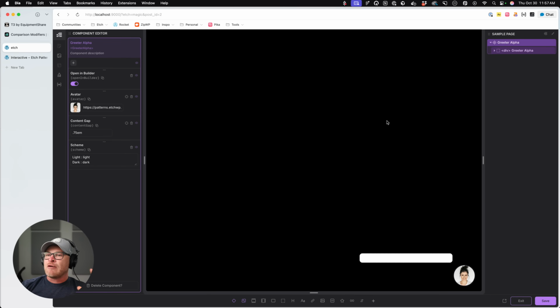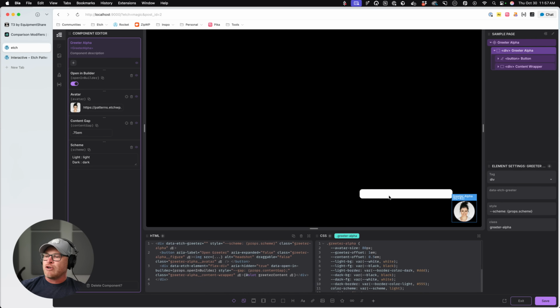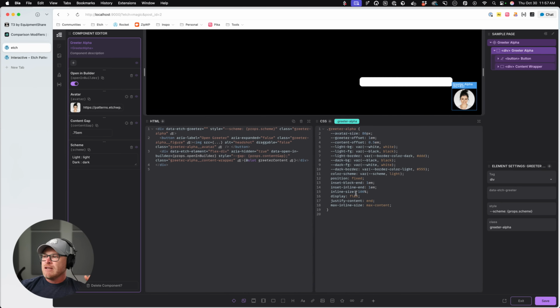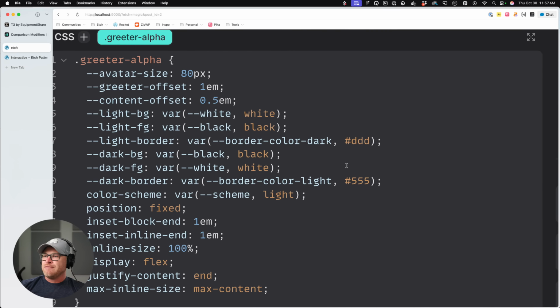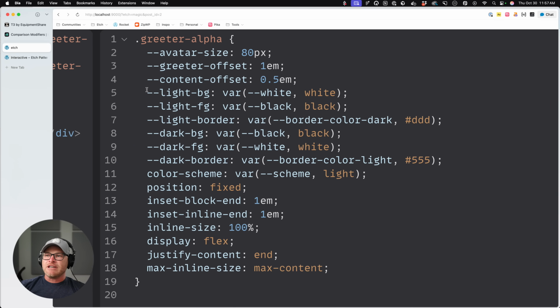But now I want you to see how the dark mode, light mode was integrated. I'm going to come down here and we're going to see that I created some variables for the styling: light background, light foreground, light border, dark background, dark foreground, dark border. And then there's this new line right here called color scheme, where I set a scheme via a token.